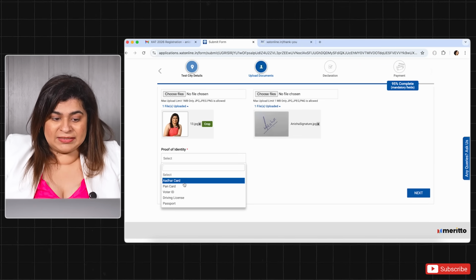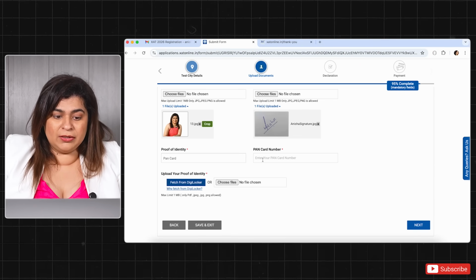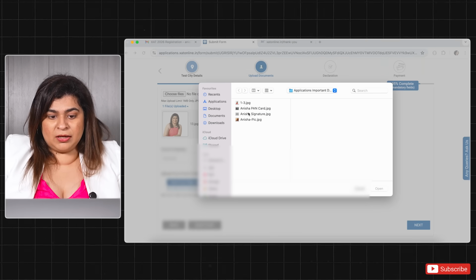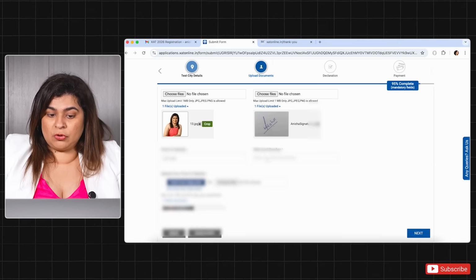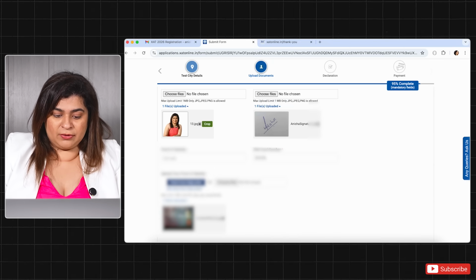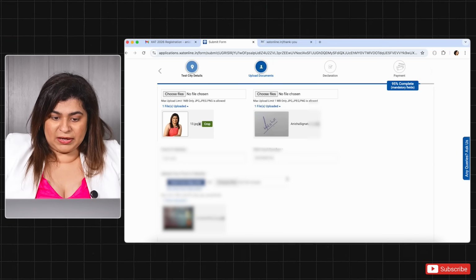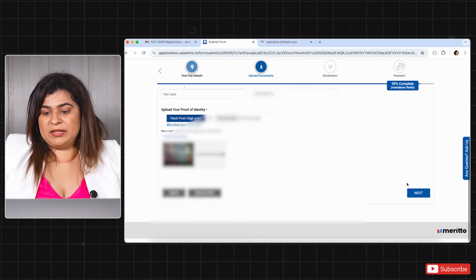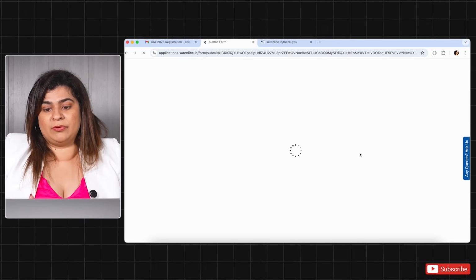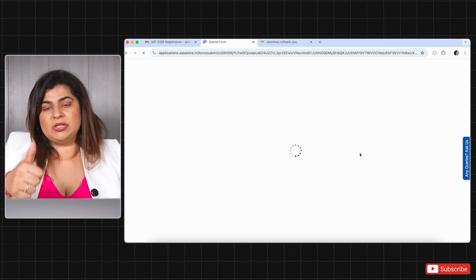Photo proof of identity, we can put PAN card, so we can choose and upload our PAN card or Aadhaar card. Okay, आपको document के साथ में you will also have to write the PAN card number details, and then you can go ahead and move to the next section where I have got now just my declaration and the